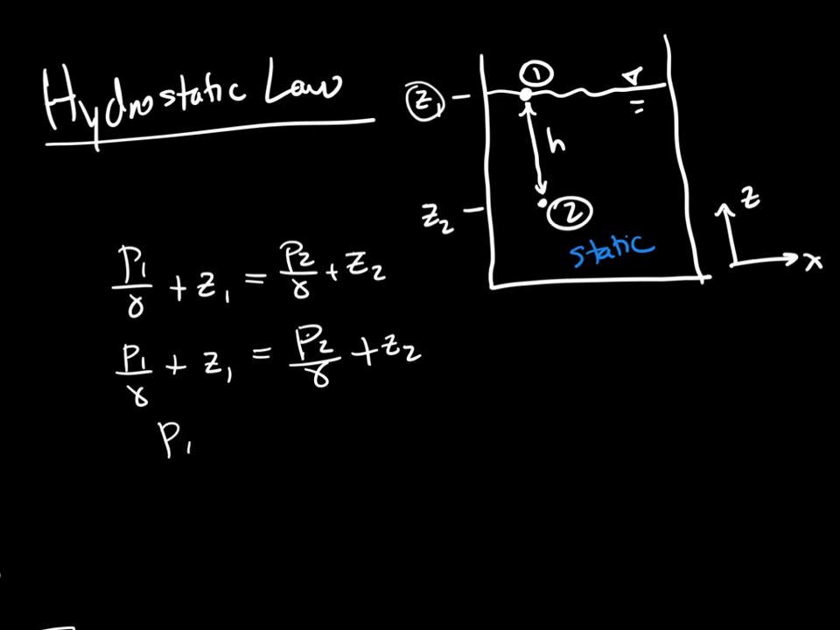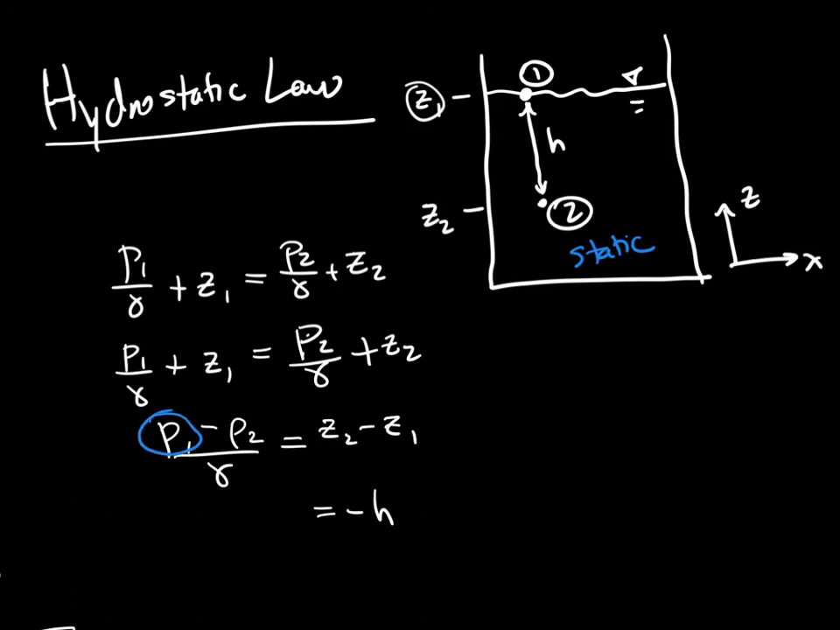I'm going to bring the P2 over to this side: P1 over gamma minus P2 over gamma equals Z2 minus Z1. Okay, that's interesting, because I know what Z2 minus Z1 is. Z2 minus Z1 is a negative H. Oh, that's interesting. And P1 minus P2, well, here's something I haven't told you yet, but P1